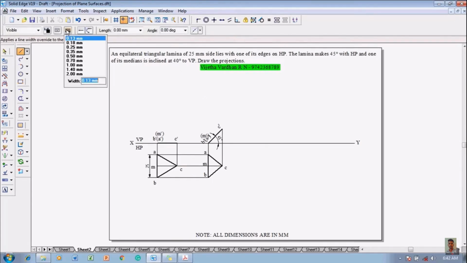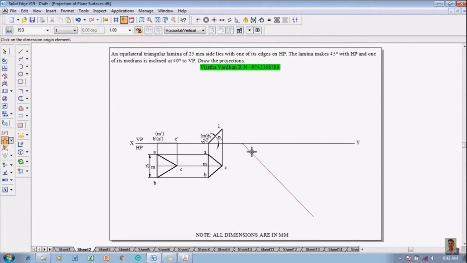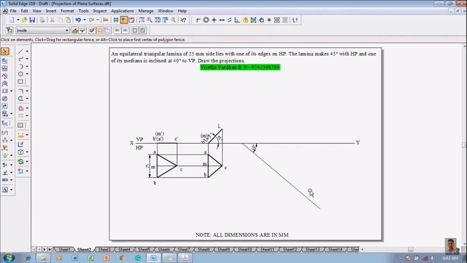Now make use of a line command with a thickness of 0.13. One can construct the median line here. Now the angle is given as 40 degree, and so let us make this angle as 40 degree. After making this angle as 40 degree, now one can understand that